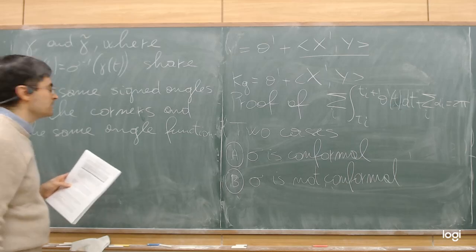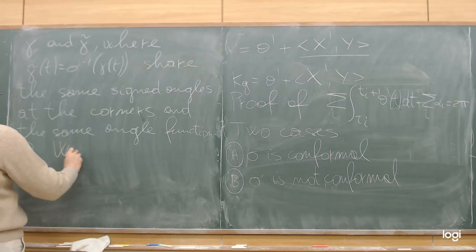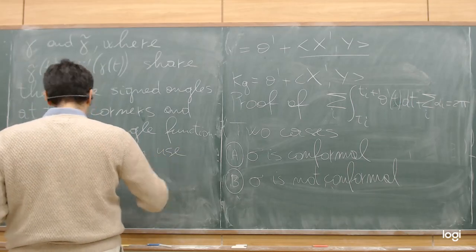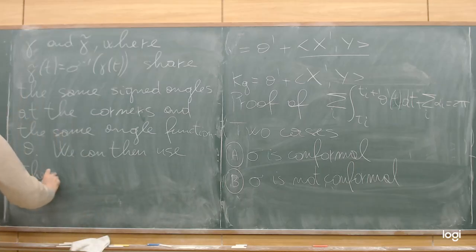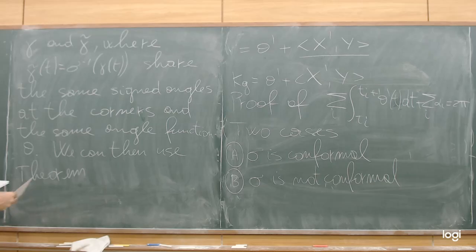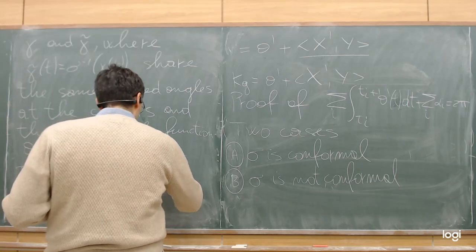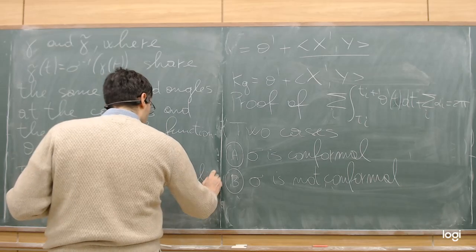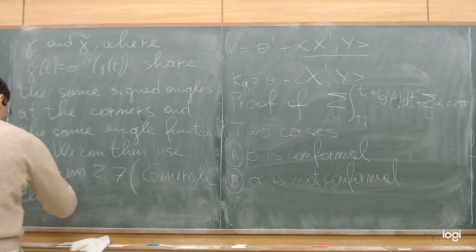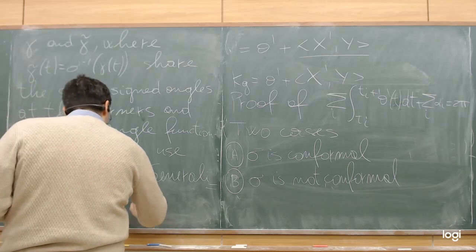So this means that I can use theorem 2.7, the generalized Umlaufsatz,